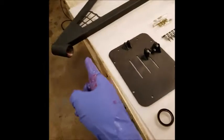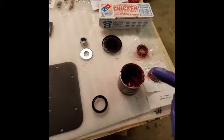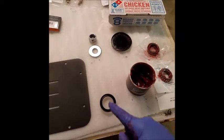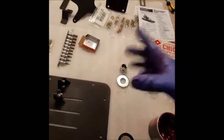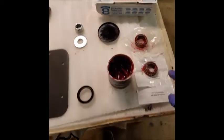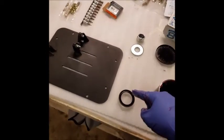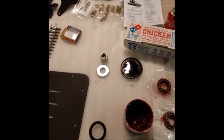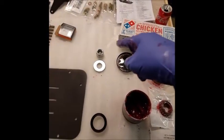The races are already pre-pressed into the actual tire carrier. So the order that this goes in, when it's finished, you're going to have the seal, the bottom bearing, the top bearing, the washer, and then the nut that holds all that stuff together. What we're going to do first is put the bottom bearing in, followed by the seal to hold that bottom bearing in place. Then we'll set the carrier on the bumper, drop in the top bearing with the washer and